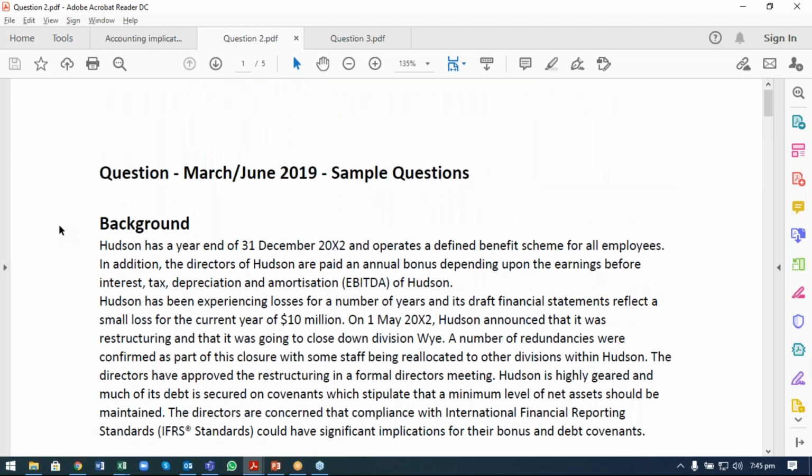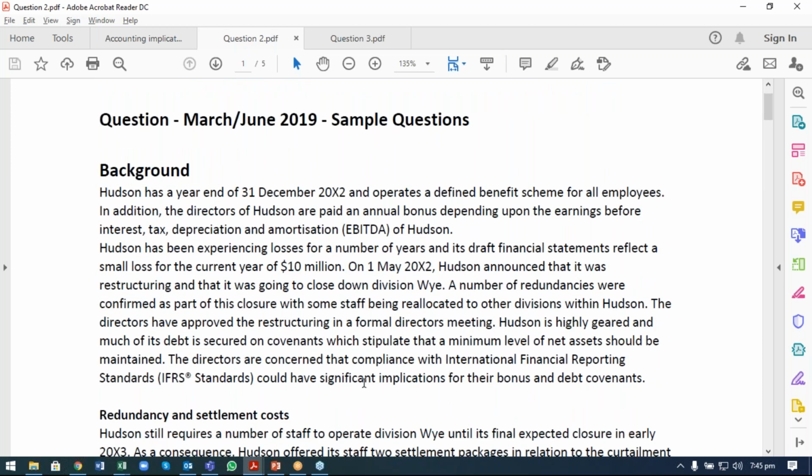What were those? One is the bonuses that were given to the directors, and second one is the covenants on loan notes, right? So directors are always making sure that they are reducing the impact of this restructuring on their bonuses and on the debt covenant. So we need to identify how these have been impacted. So I'm first moving to